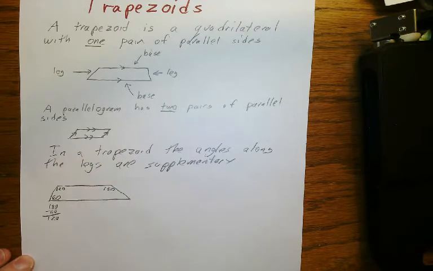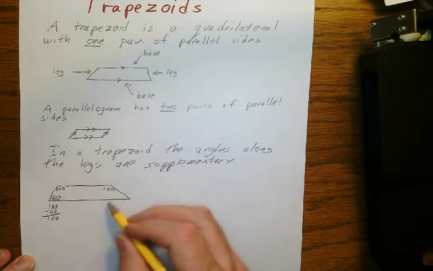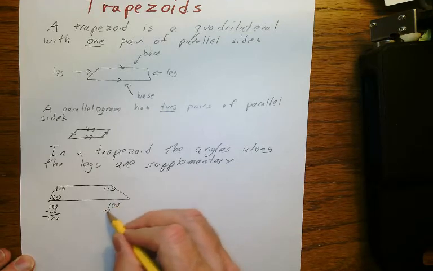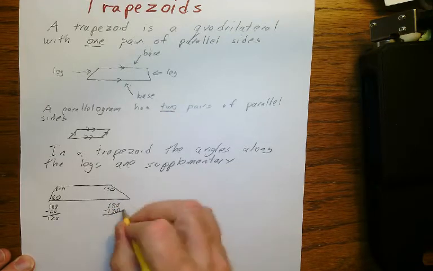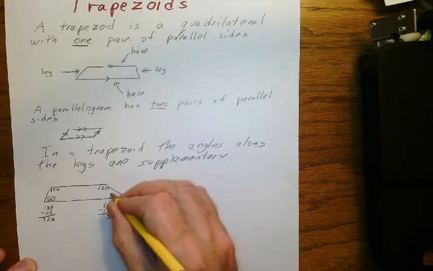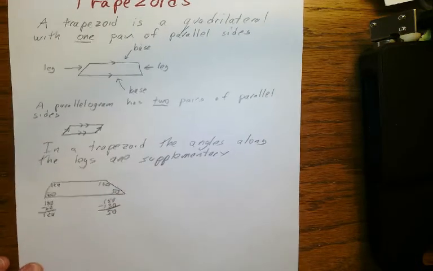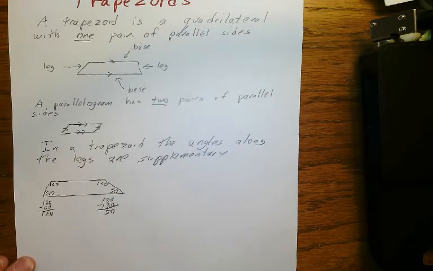That angle is 120. And then over here for this angle, I'll do the same thing, 180 minus 130, and I get 50. Okay? So that's really the only property we have of a trapezoid, is that the angles along the legs are